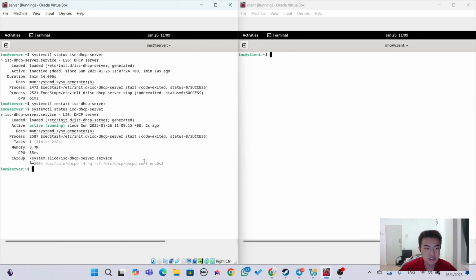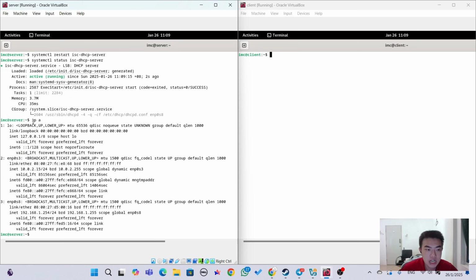After that, we can start to check the communication between the server and client. First, check the communication from the client to the server. Before that, we need to know the IP address of the server. By typing ip a, we can get the IP address of the server from here. The IP address of the server is 192.168.1.254. On the client side, we can write ping, then the server IP address